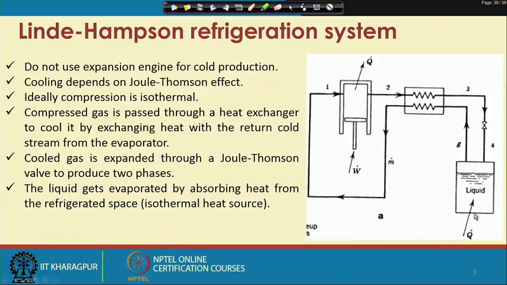Once we are taking that quantity of heat from here, this liquid may get vaporized by taking this heat. Now when this liquid is getting vaporized, there is a simple phase change, and when there is a phase change, the temperature will not increase. That means ideally this type of system represents an isothermal heat source for the refrigerant.